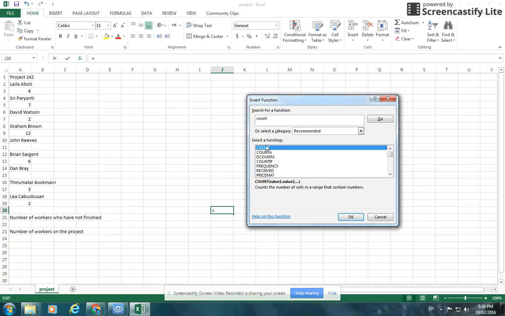All right, so firstly, count says it counts the number of cells in a range that contains numbers, and count A counts the number of cells in a range that are not empty. In other words, any field that has got any text in or numbers, it will count and will give you a total count of that. Okay, so we are going to use